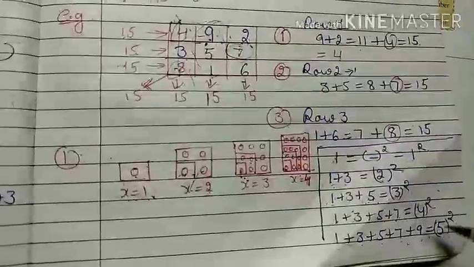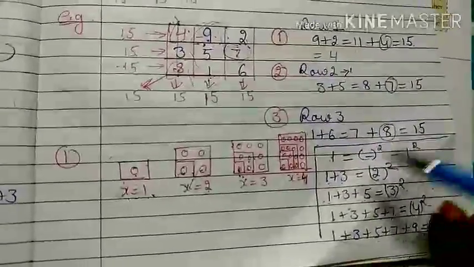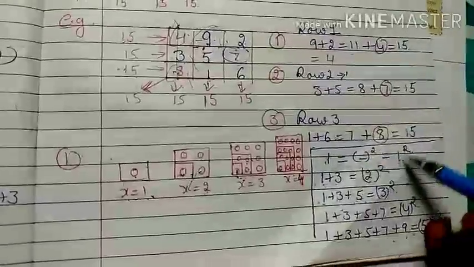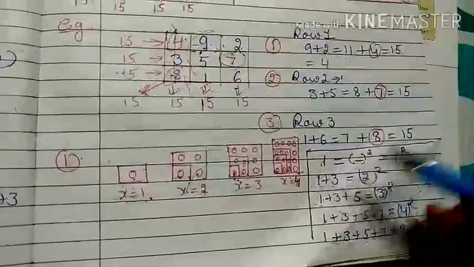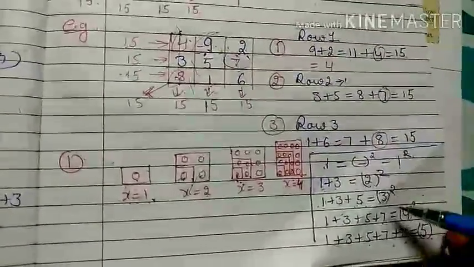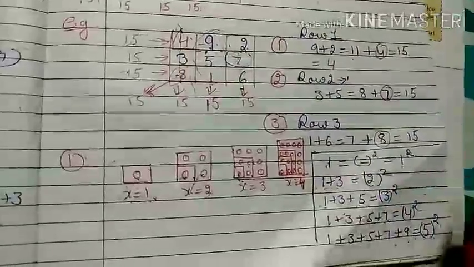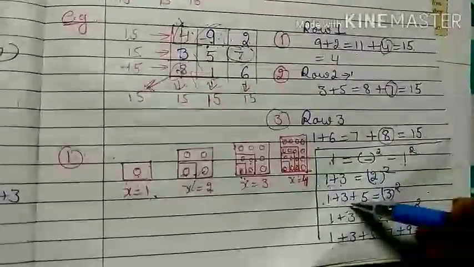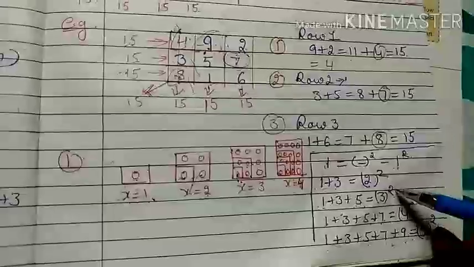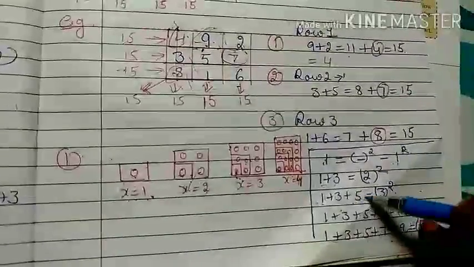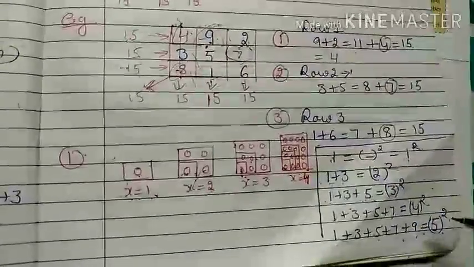If you look at these, all are squares of the natural numbers. Like here, if there is one odd number, it is 1 square. How many odd numbers are there here? 2. 2 square is equal to 4. You can check also, 3 plus 1 is also 4. Here 3 odd numbers are there, and 3 square is 9. If you check also, 3 plus 1 is 4, plus 5 is 9.